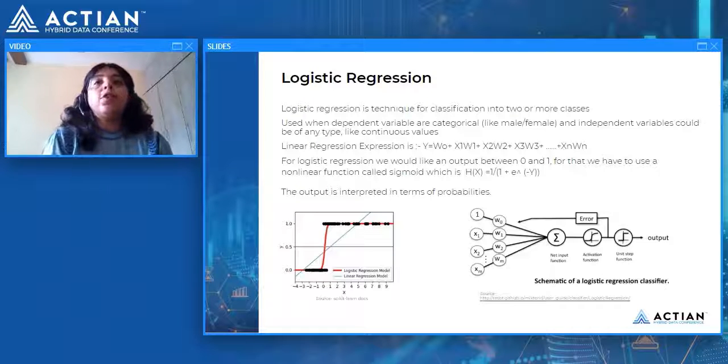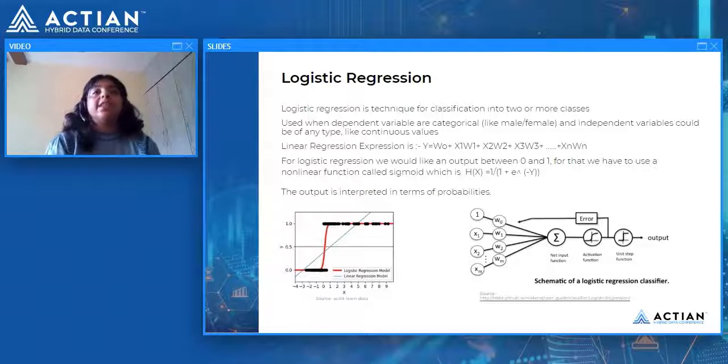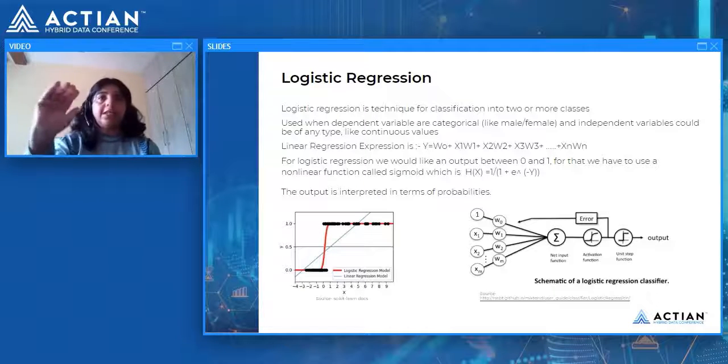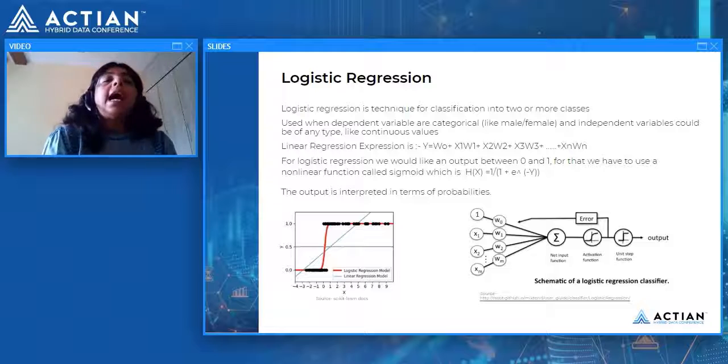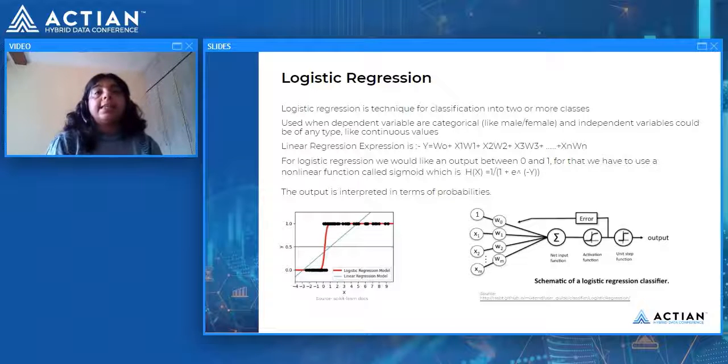So what non-linearity means is, if you see the left hand side of my slide, there is a diagram which shows the difference between linear regression and logistic regression. In the case of linear regression, which is generally used for predicting, like, what would be the price of the stock after 2 days, or maybe what would be your marks in the next exam, that kind of example can be handled by linear regression. It's a kind of prediction, a line which is going up. And in the case of logistic regression, there is a curve, an S kind of curve.